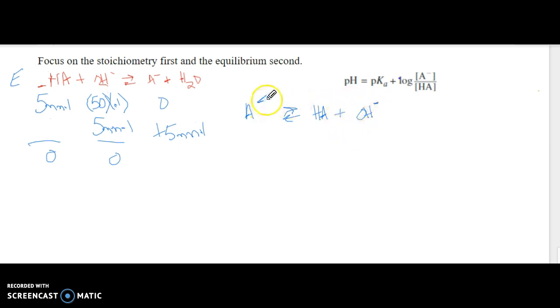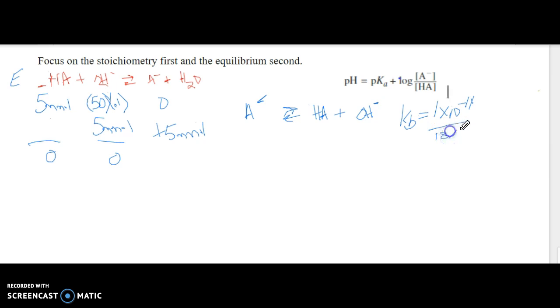Notice we now have hydroxide. So this is going to be your Kb. So 1 times 10 to the minus 14th over